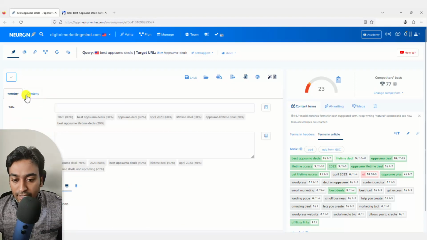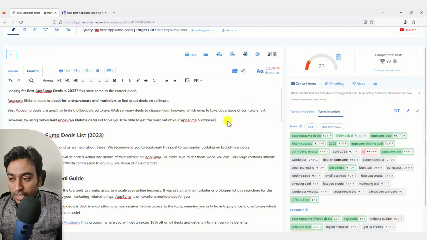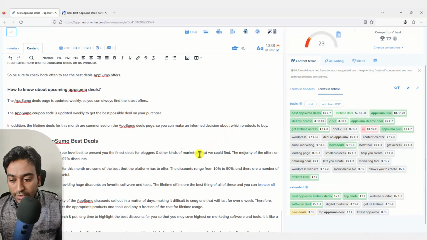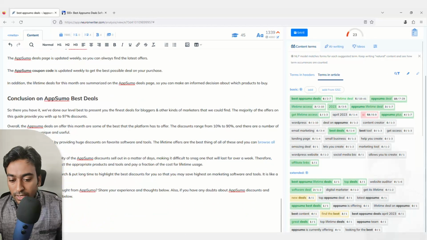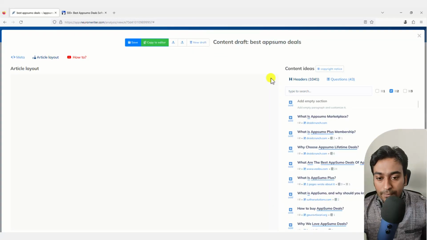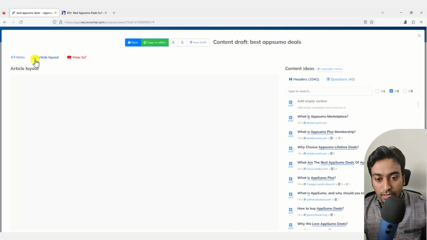The AI writing option is available in a couple of different ways. First is the obvious way, this article draft. I'm going down just to give you an understanding of using this, and I'm going to go into the AI draft. When I click that, a pop-up like this opens up, giving me the option to generate an automatic content draft, a template for meta description, an article layout, and if you want a quick video, you can use this to get a video idea.